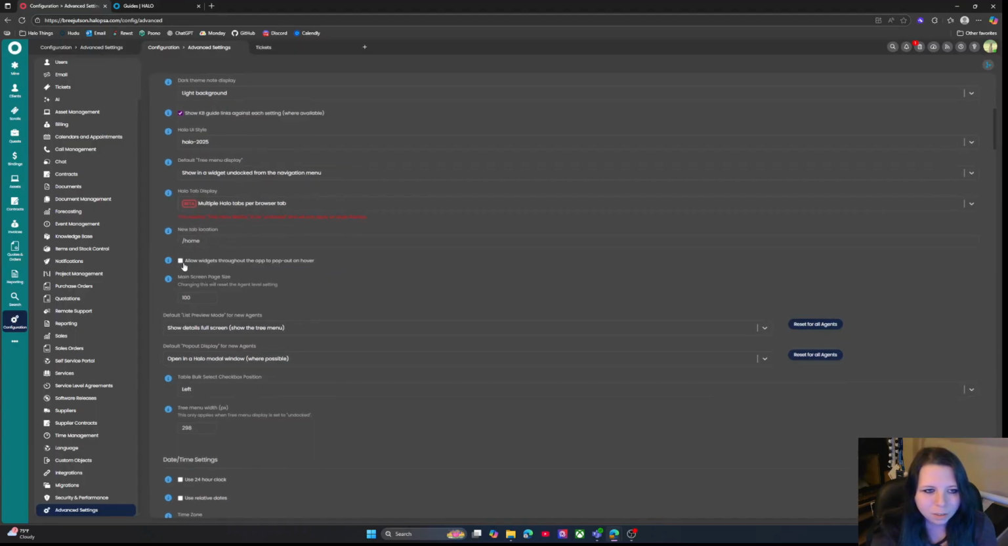This setting allows widgets throughout the app to pop out on hover. It's not a good setting. It makes things move around and it is a little weird. You can see how it kind of moves this screen here,